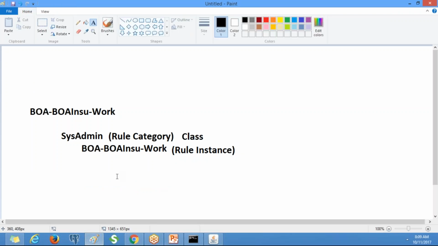These rules will be stored in the rule set. Rule set is a separate concept. Whatever rules we create, here PRPC has generated a rule instance called BOA-BOAInsurance-Work, and this will be stored in the rule set.